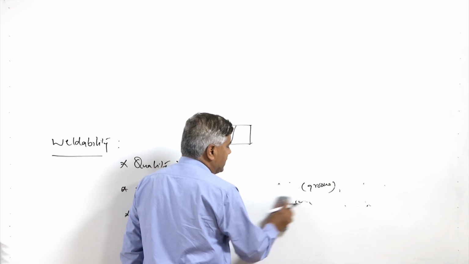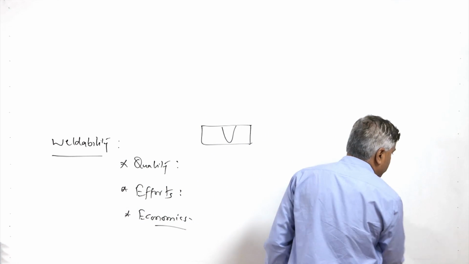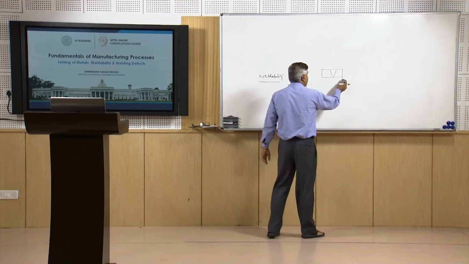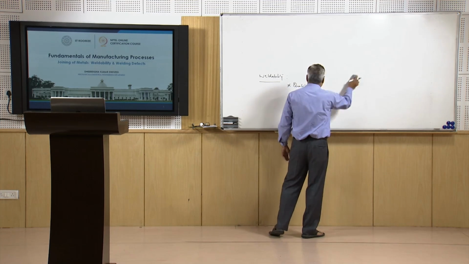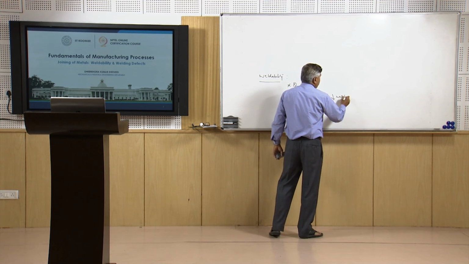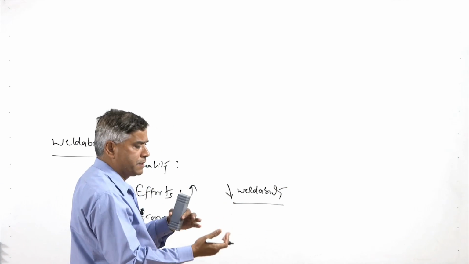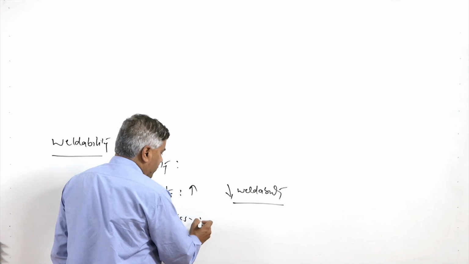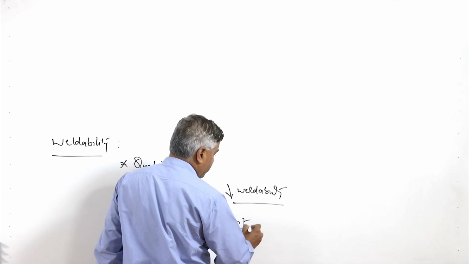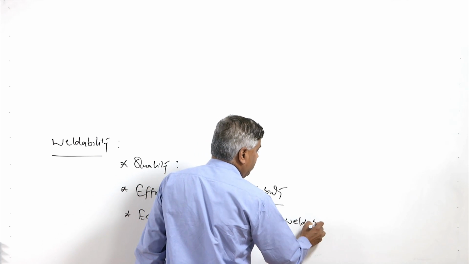Similarly, if steel can be welded successfully using carbon dioxide as a shielding gas, then it will have much better weldability as compared to the case when it requires helium or argon as a shielding gas. So, the greater the efforts needed, the lower will be the weldability of the metal. Similarly, the more steps, more special precautions and more special processes are needed for welding, that will simply increase the cost of making the weld joint, which in turn will be reducing the weldability.